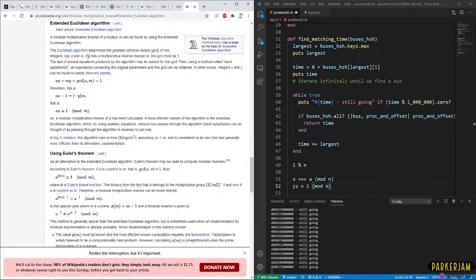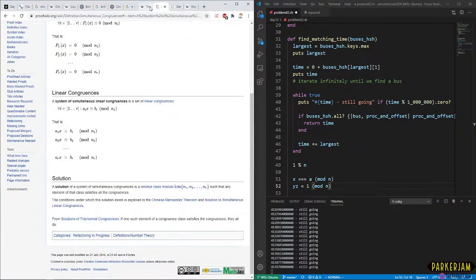Okay, yeah, I knew that. What does the extended form mean? If a has a multiplicative inverse modulo m, the GCD must be 1, right? Okay, I'm going to go back into the other article, I think.